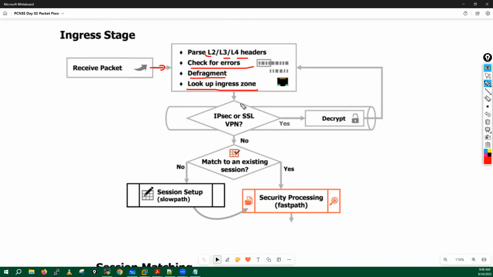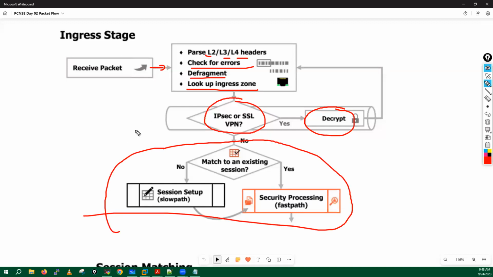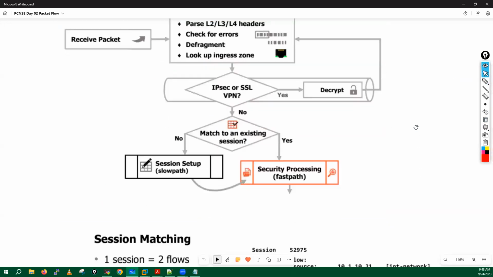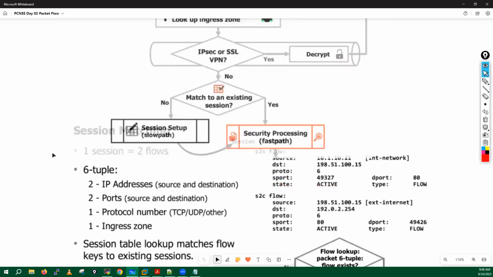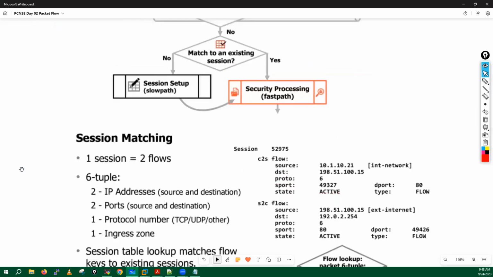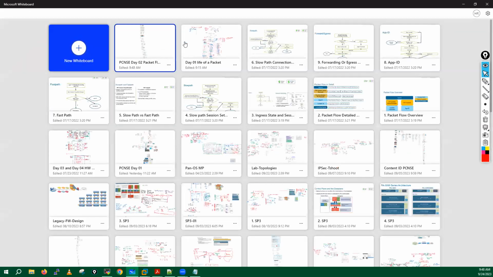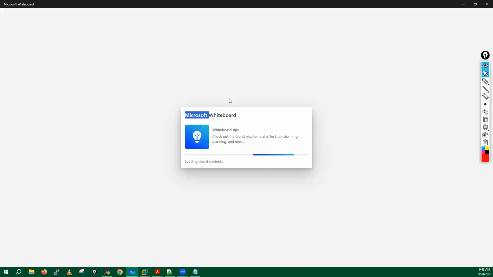Now, if IPsec or SSL VPN has been received, then decryption and all, right? Then they do the flow lookup. So guys, see, the information is not accurate everywhere. Like they have also missed the DOS block table here, right? Now let's try to understand how they will do the session match, or how they will do the flow lookup. So guys, now just put your full attention here, because now here I am also going to add